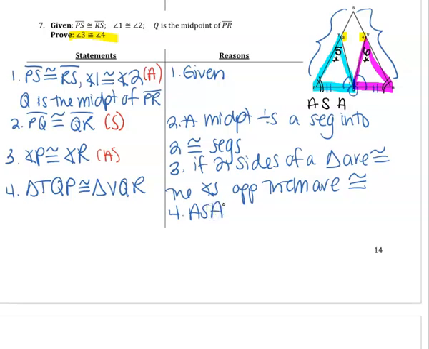Okay, awesome. Now, remember what we were trying to do with this. Now that I know that those are congruent, at step 5, I can say angle 5 is congruent to angle 6